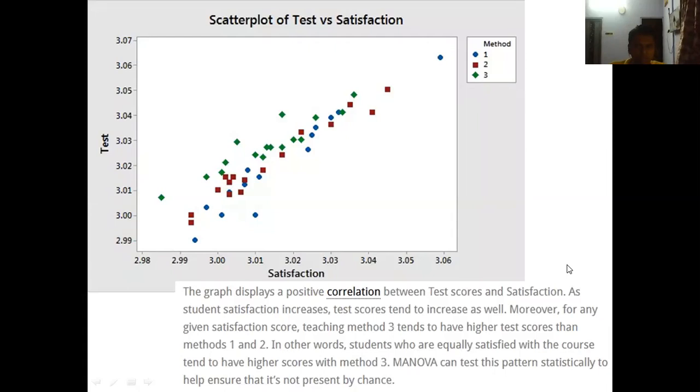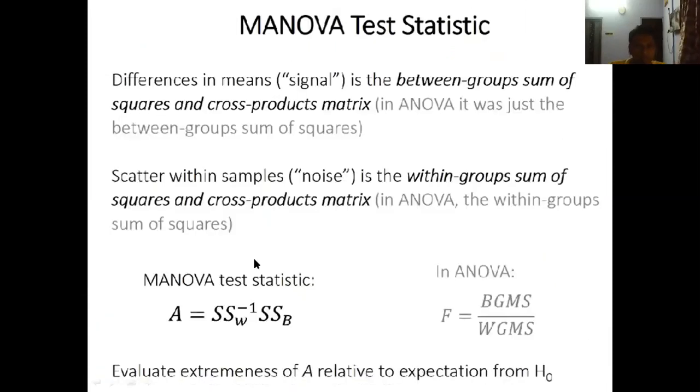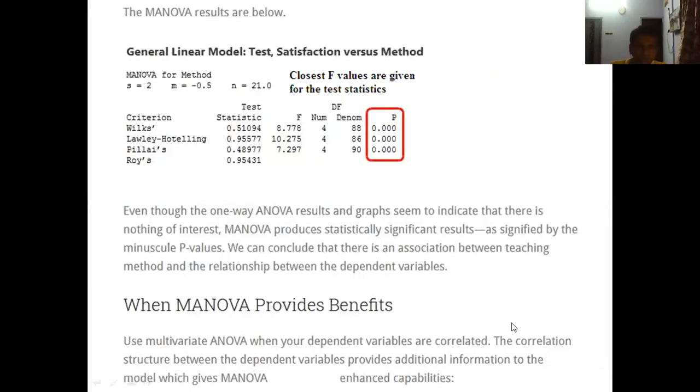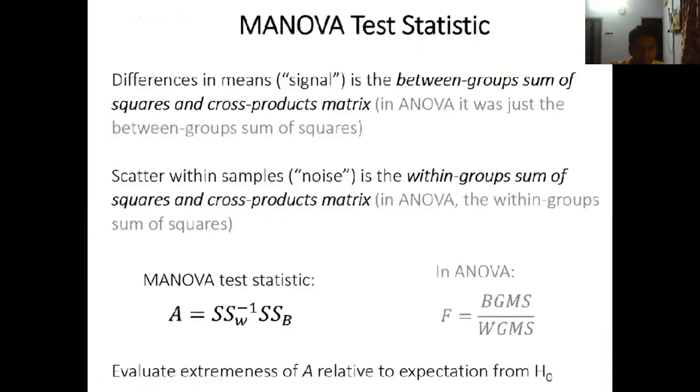Okay. So that's why, as you saw in the last slide, it is provided when MANOVA provides benefits: use multivariate ANOVA or MANOVA when your dependent variables are correlated. The correlation structure between the dependent variables provides additional information to the model, which gives MANOVA enhanced capabilities. So it means that if your dependent variables have a strong correlation, only in that case you can consider MANOVA. Okay. So now you can see that the MANOVA test statistic